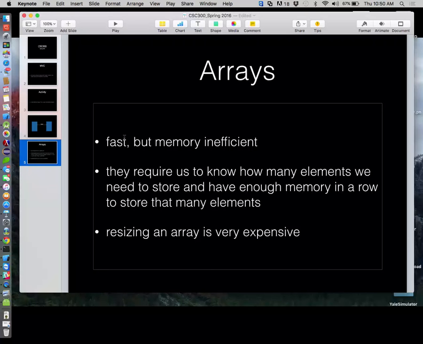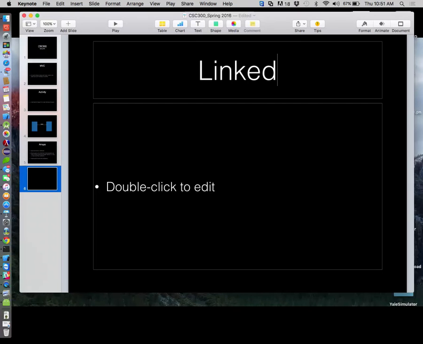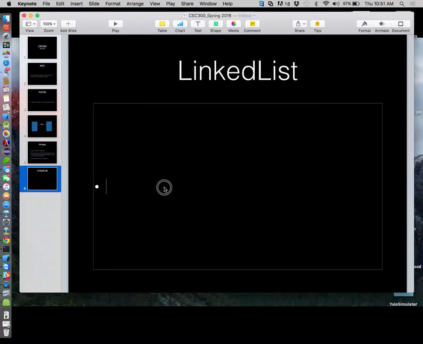But remember, the whole thing here is arrays are fast. So we're going to introduce this new animal called a linked list. An important caveat is that linked lists are not upgrades to arrays. They are alternatives to arrays, and they are the right tool for the job under certain circumstances. So this is an array alternative